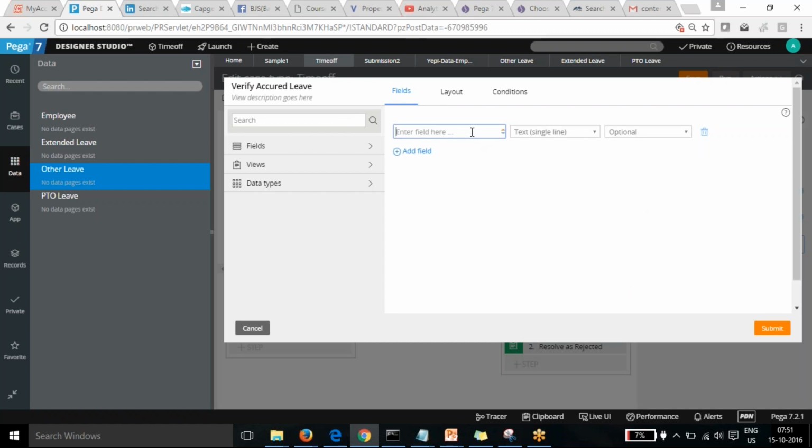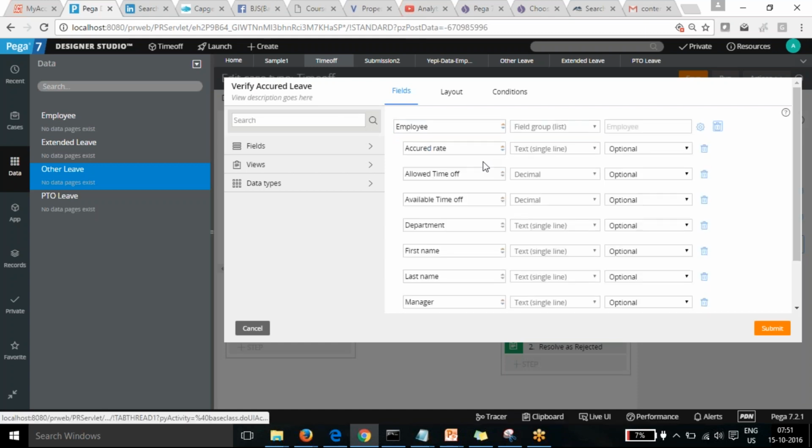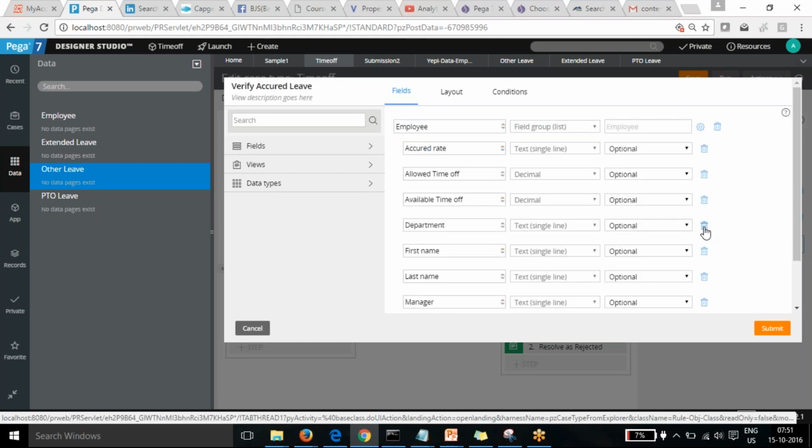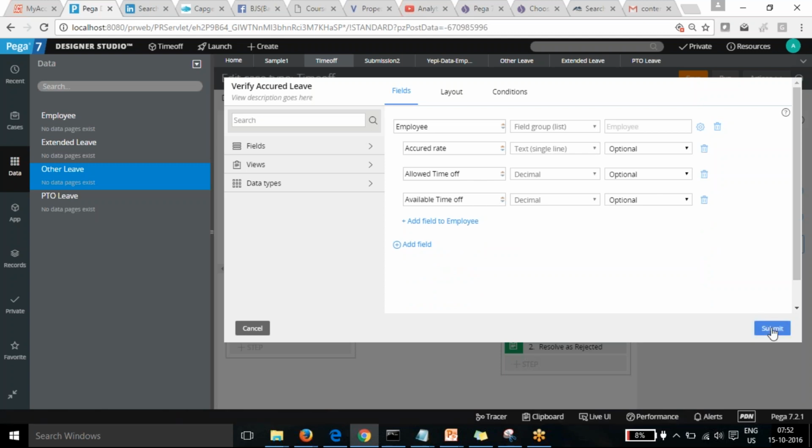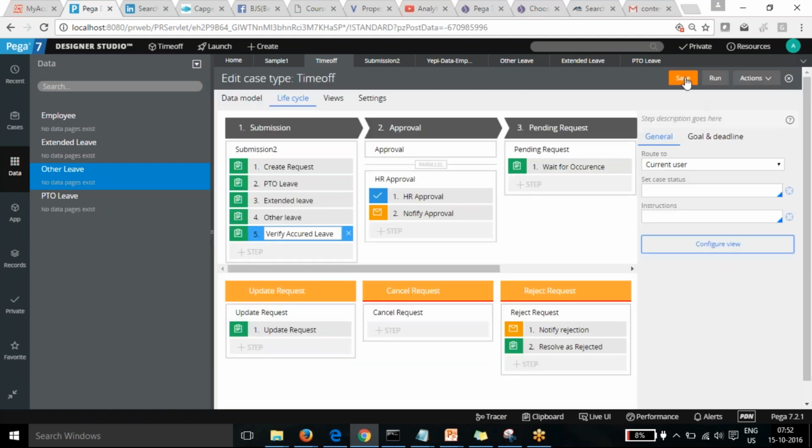Okay, so here we are going to the employee. I don't want all the other fields, so I've just deleted the other fields from here. Yeah, so that's done. Only thing is that I've created all that as a list item, so it will be displayed as a list there. It will not display as a single entity. Now everything is done. I will save my case and I can see how it looks in the UI now.